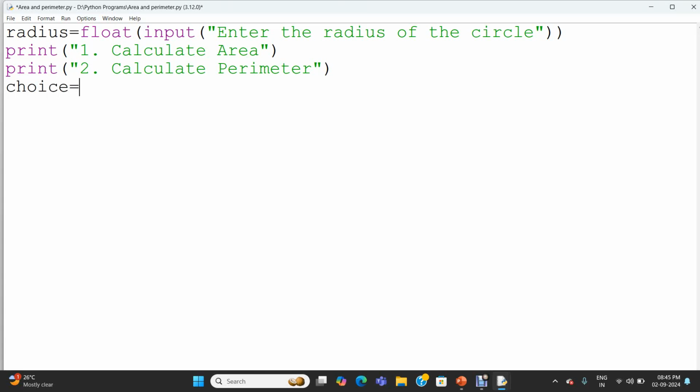Choice equal to integer of input of "enter the choice". So when user enters a choice, it is converted into integer and stored in the variable choice. Now I am going to perform the calculation based on the choice. If choice equal to 1,